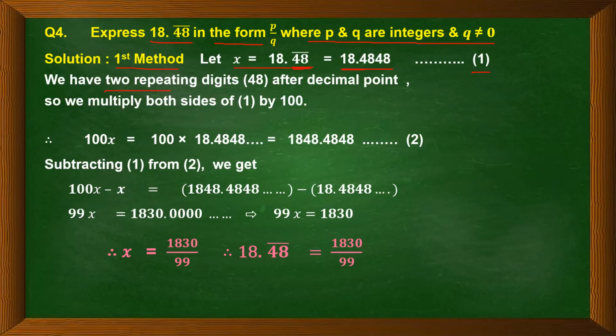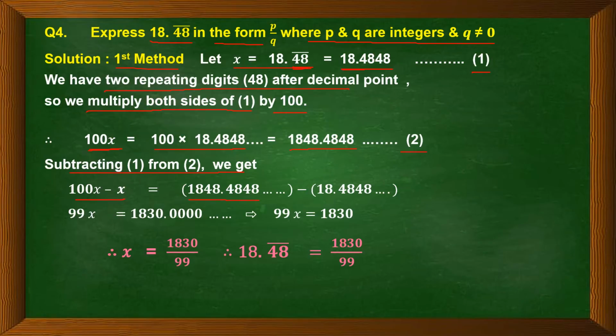Now since we have two repeating digits, that is 48 after decimal point, we shall multiply both the sides of equation 1 by 100. So 100 into x on the left hand side we shall get 100x, and on the right hand side 100 into 18.4848 is equal to 1848.4848. This is our equation 2. Now equation 2 is greater than equation 1 because 100x is greater than x. So we shall subtract 1 from 2. We get 100x minus x is equal to